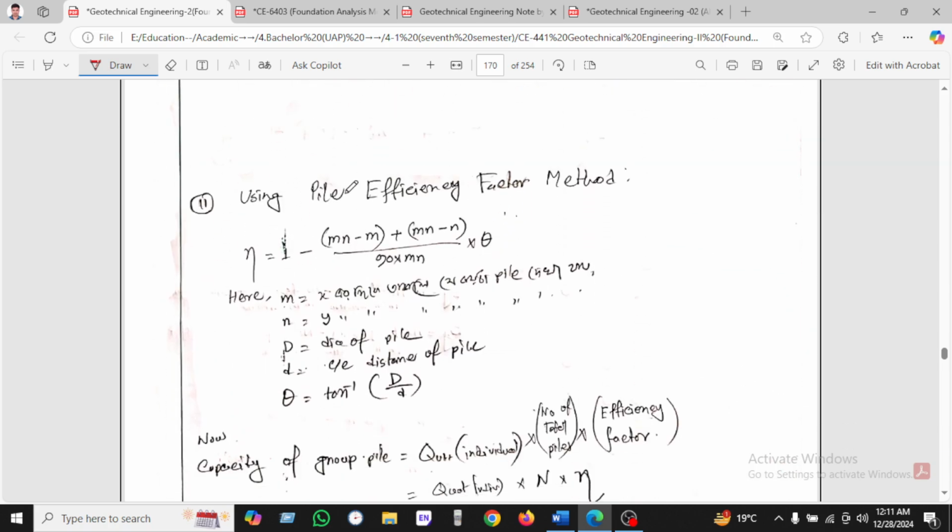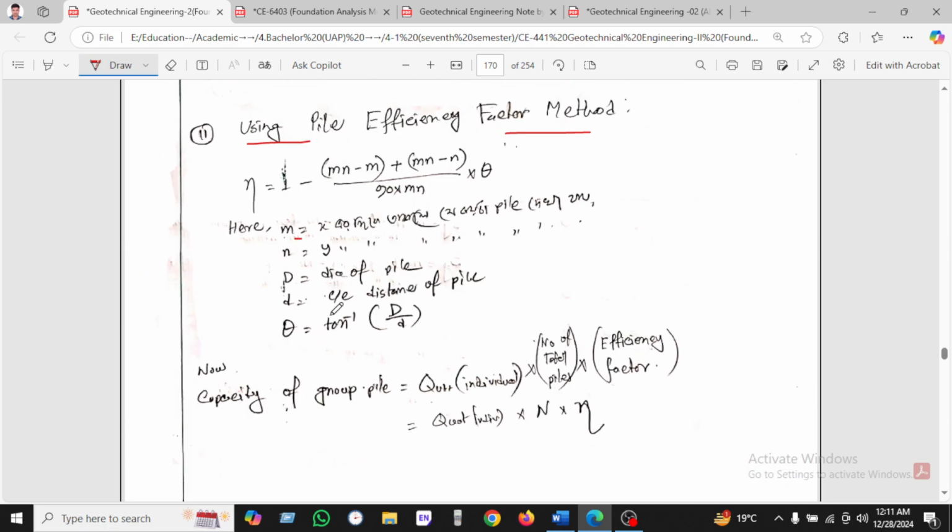equation we have now. For the part where we use the pile efficiency factor method, n equals 1 minus theta times (n minus 1)m plus (m minus 1)n over 90mn. M is as we can see here. Okay,